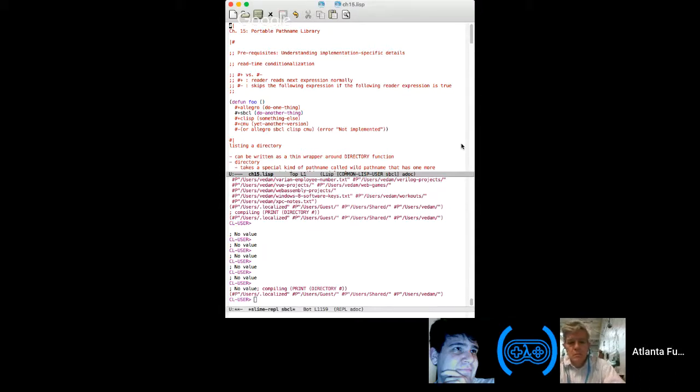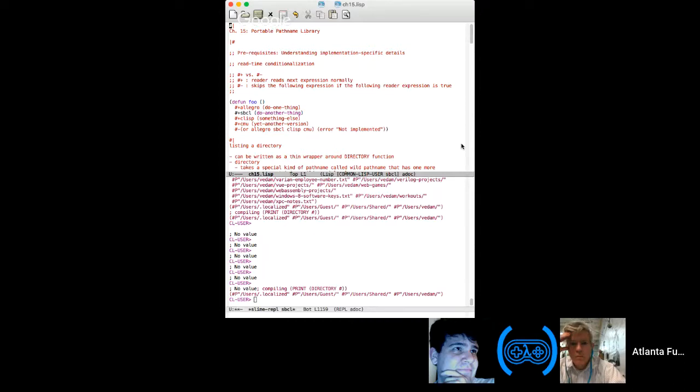As we mentioned last week, with regards to path names in particular and file I/O, different Lisps work very differently because the standard didn't really specify certain aspects when dealing with file I/O. And this is just one of many features that the standard itself never really specified. Because of that, there was a lot of fragmentation or innovation, depending upon how you look at it, within different Lisp implementations. So depending upon which Lisp you have available, you have more features or fewer features. To deal with this so that you can actually write portable Common Lisp libraries, the